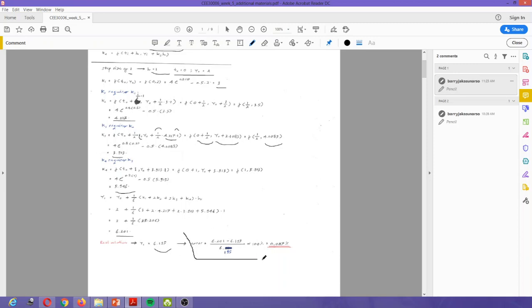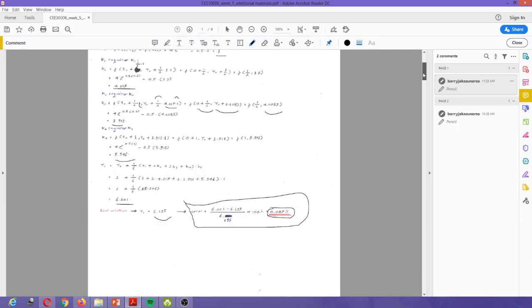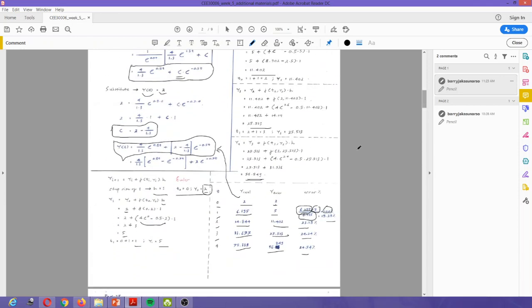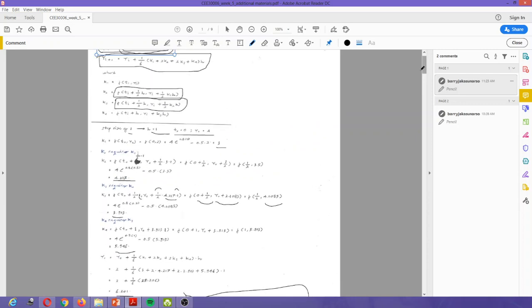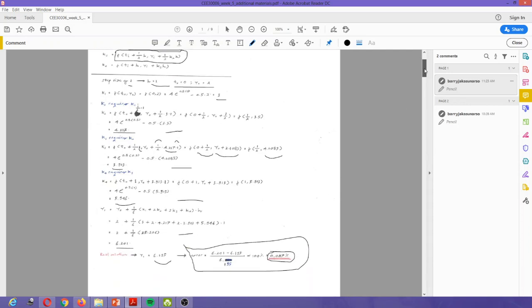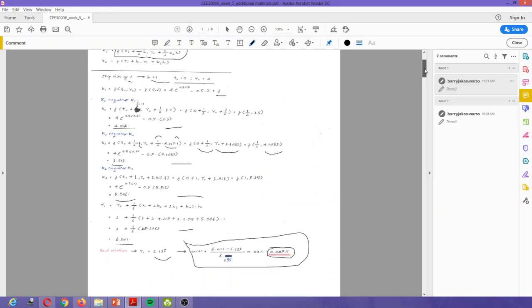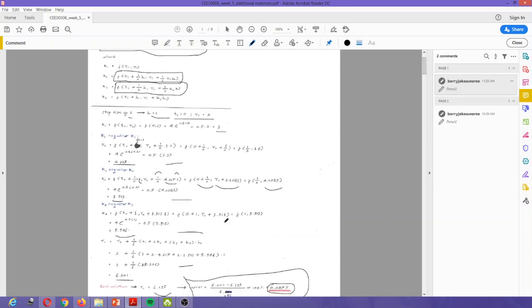When we measure the error, we get a very small error of only 0.0917. So this method is much more accurate than the Euler method. In the Euler method, we had a very high error of about 20% or more. But with the Runge-Kutta method, the calculations are not quite straightforward because you have a recurrence relationship. That's why using a calculator, or in this case using MATLAB and a computer program, is very convenient because you can automate the calculations.